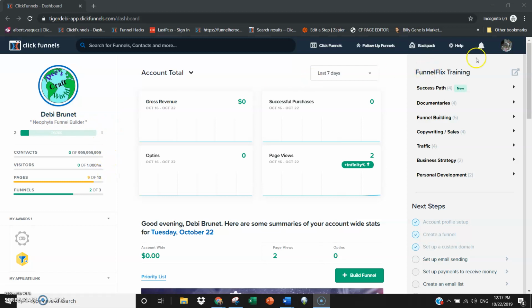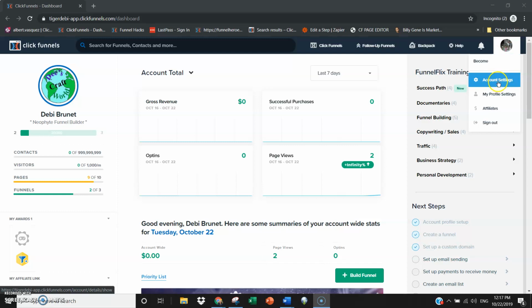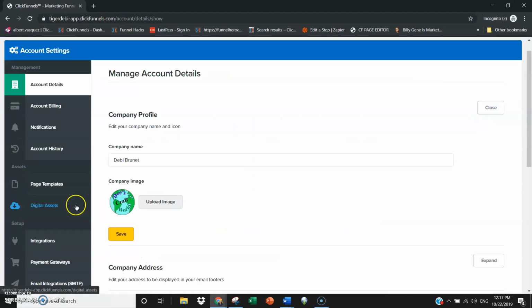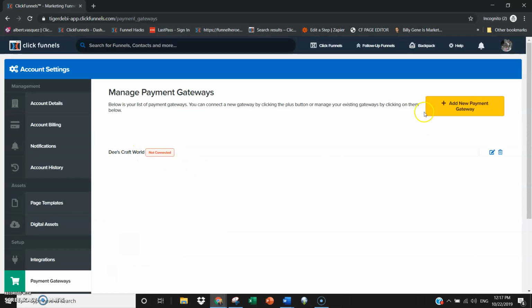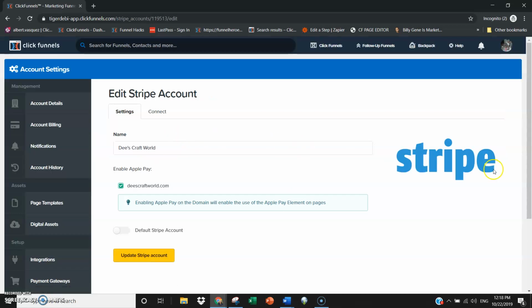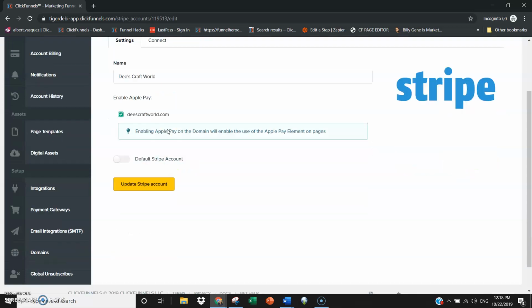Here we are on your account. So I'm going over here to your payment gateway. All right, so you can see here, this is your payment gateway, your integration. The only integration that you have right now is Stripe. Okay, so if you're somehow using PayPal,